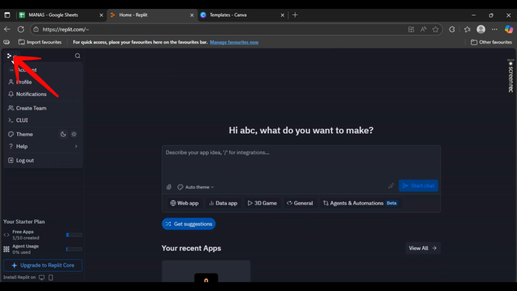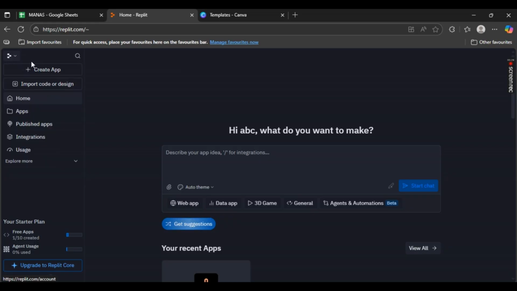And now once you have selected it here, you should be seeing your account right here. So make sure you are logged in. So if you are not logged in, we have also created a video on how to log in, so make sure to watch it. So once you have logged in, you should be provided with this interface, and right here